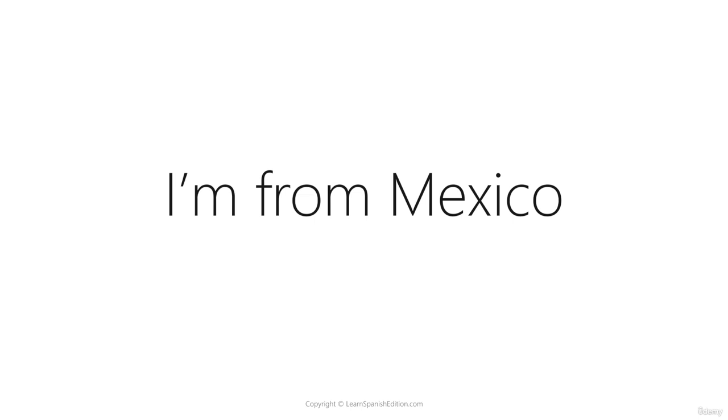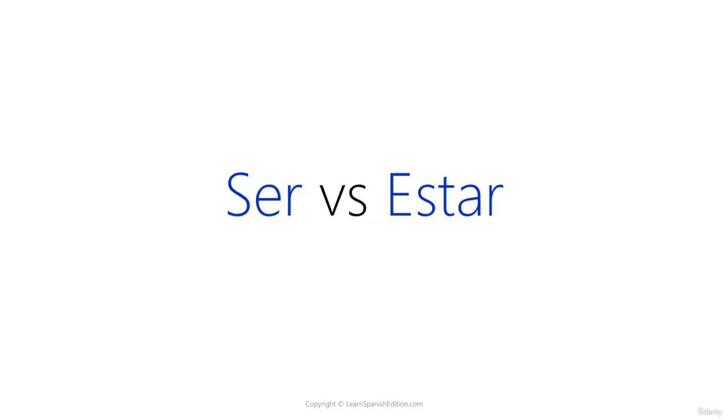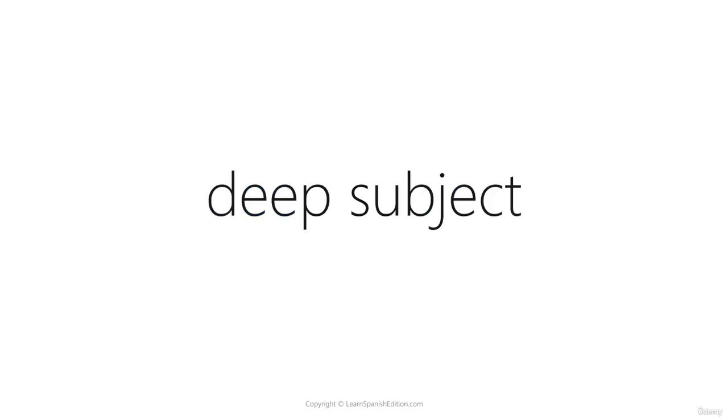For example, I'm from Mexico. Again, this ties very much into your identity and it's something that's permanent. This isn't something that can change. So it would be Soy de México. This topic of ser versus estar is quite a deep subject in Spanish. I could probably spend an entire module just talking about it. This video was really just an early introduction into this deep subject, but hopefully you now have a good general feel for how we use each verb, as these will come up quite a lot in the course.